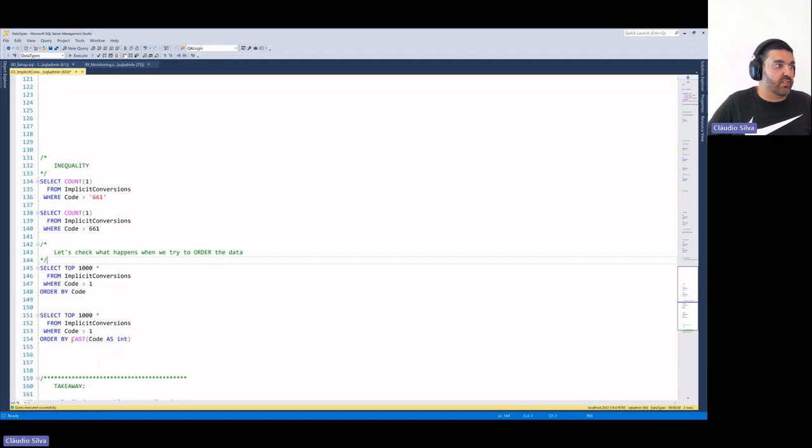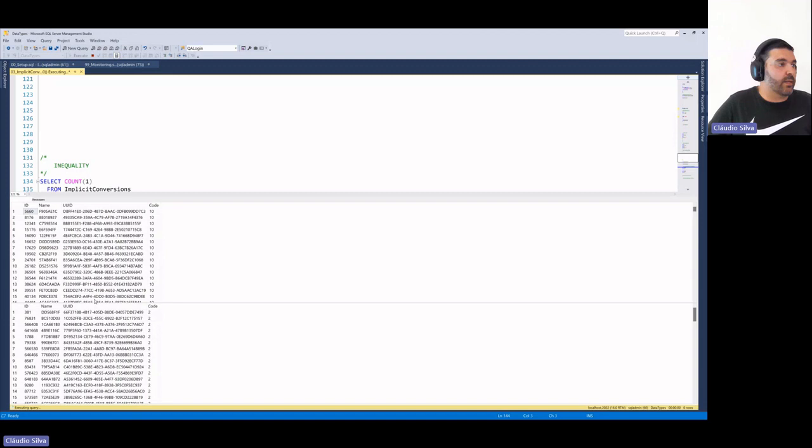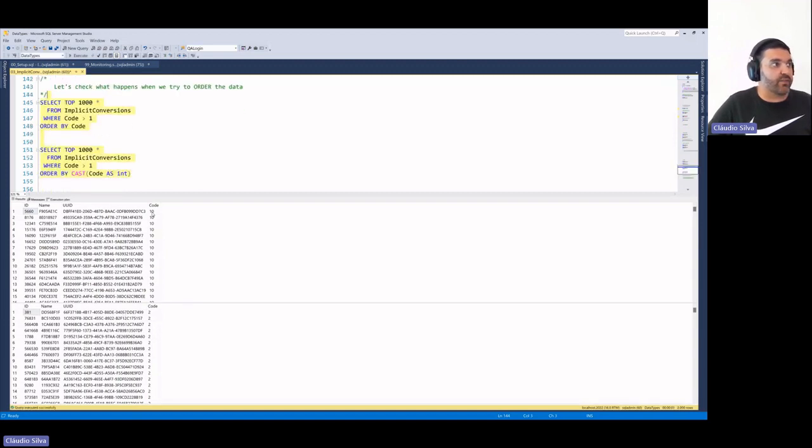Just to give an example, in this case, if I want to order by and get the data being a code int, I can force the order by as being an int data type. And what you see here is that if I don't force that, I have a string order by. So after the 10, I have 100, and after that, 1000.